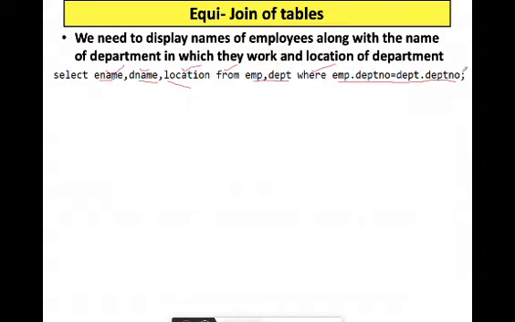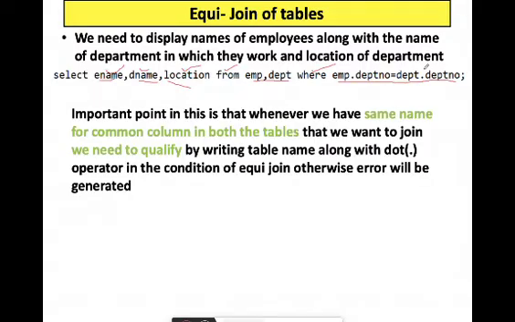Now what is the significance of writing this? Emp dot dept number is equal to dept dot dept number. An important point is that whenever we have the same name for the common column in both the tables, then in the join condition we need to qualify it by writing the table name using the dot operator. Why?